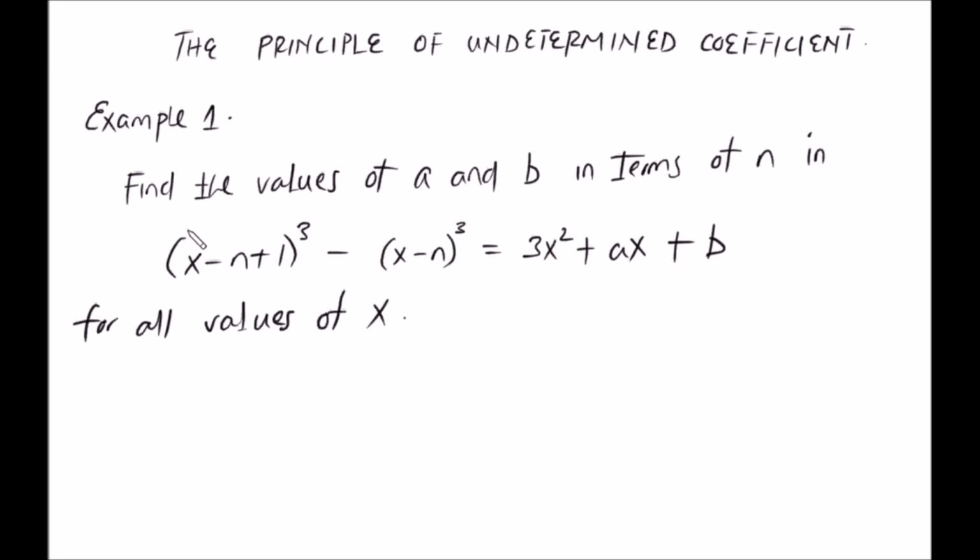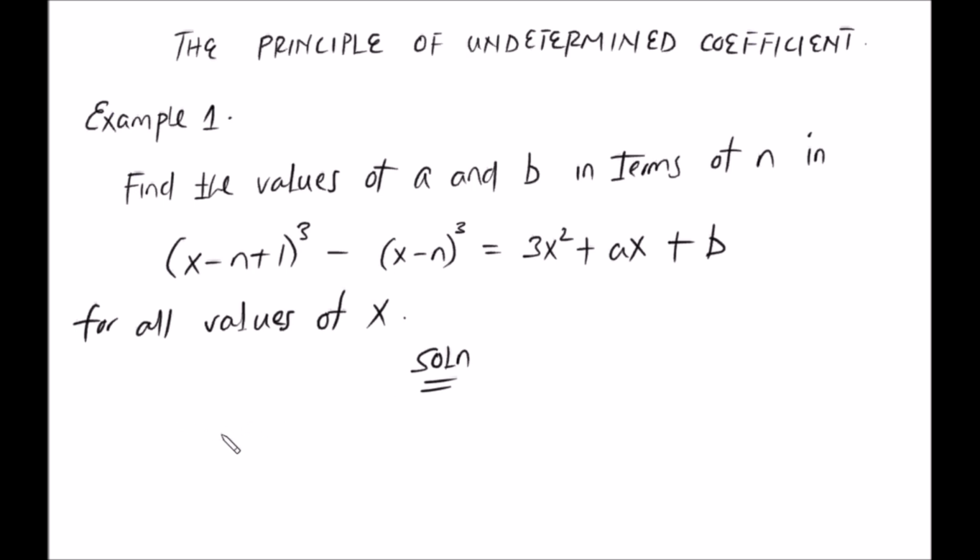Check out example 1. It says find the value of a and b in terms of n. In this equation, the left-hand side is (x minus n plus 1) cubed minus (x minus n) cubed, and the right-hand side is 3x squared plus ax plus b. Find a and b in terms of n if this equation is true for all values of x. In the previous tutorial, we said